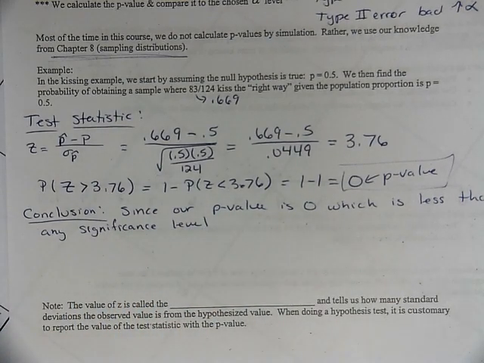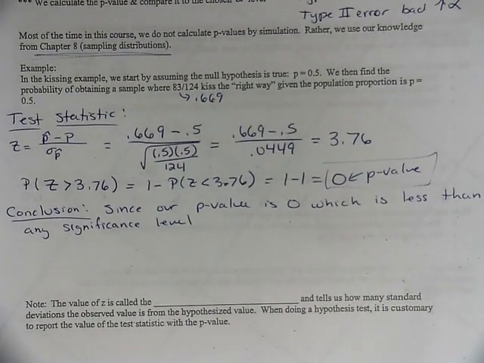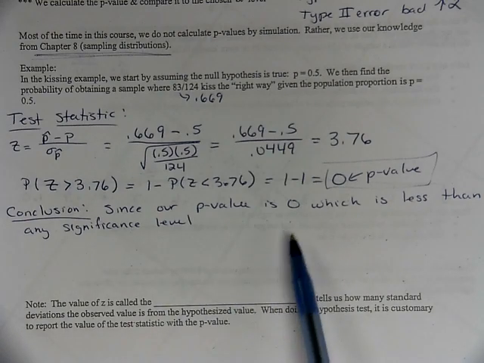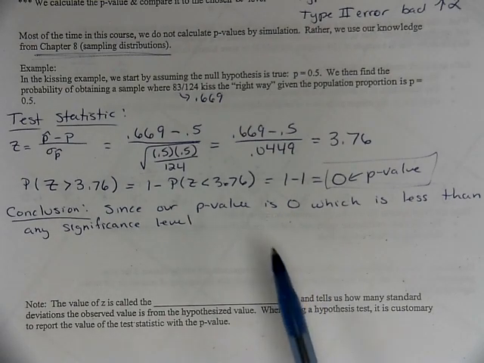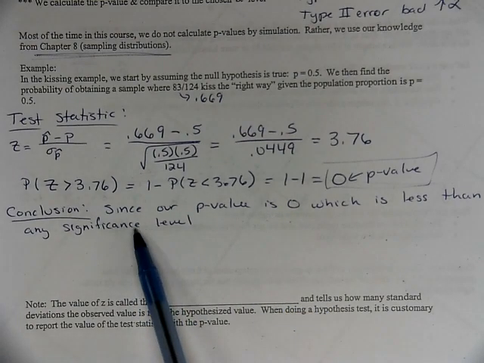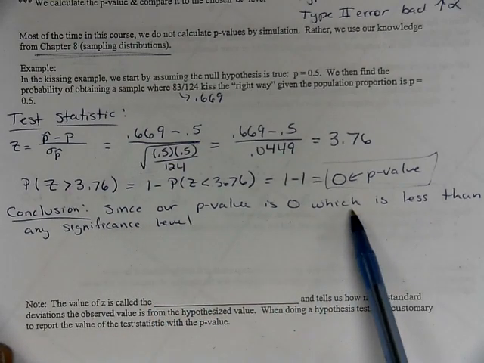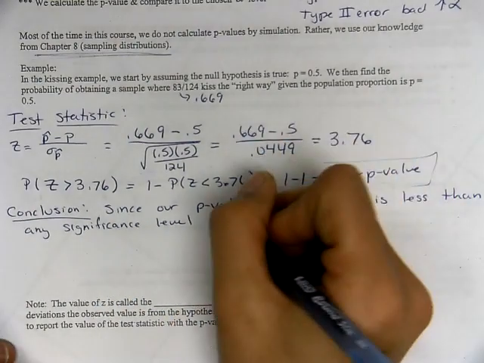We didn't pick an alpha here because type 1 error, type 2 error, I don't think it would matter either way. So I'd pick like 0.05. But because it's 0, it doesn't matter which one we pick. Sometimes they'll give you an alpha in the problem, sometimes they won't. Anyway, continuing our sentence: since our p-value is 0, which is less than any significance level,